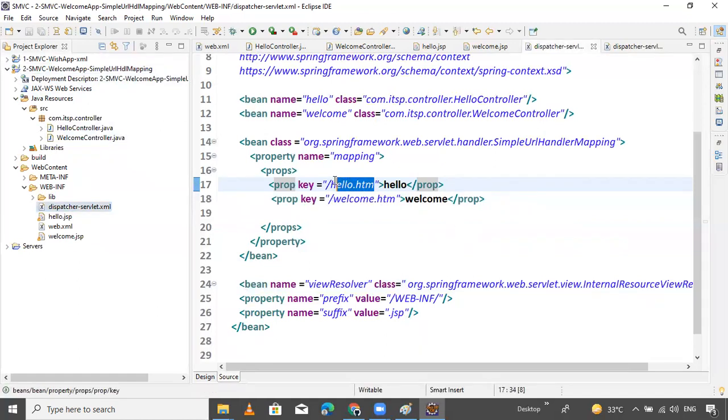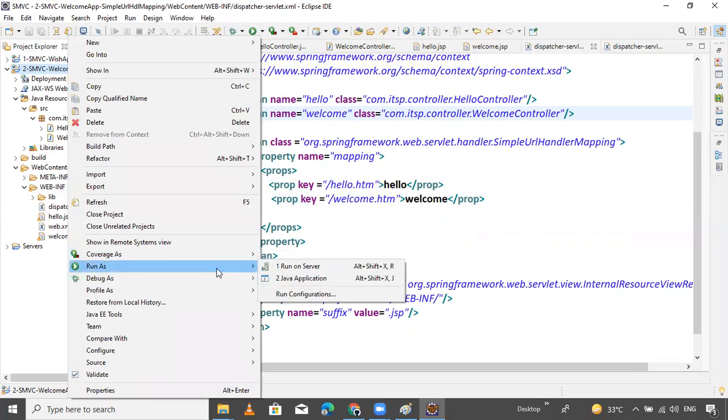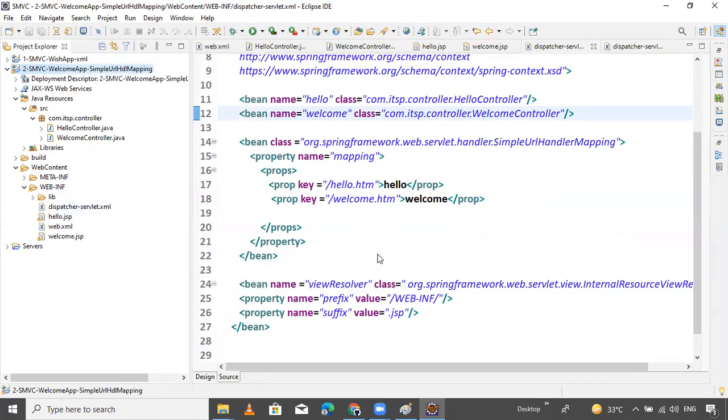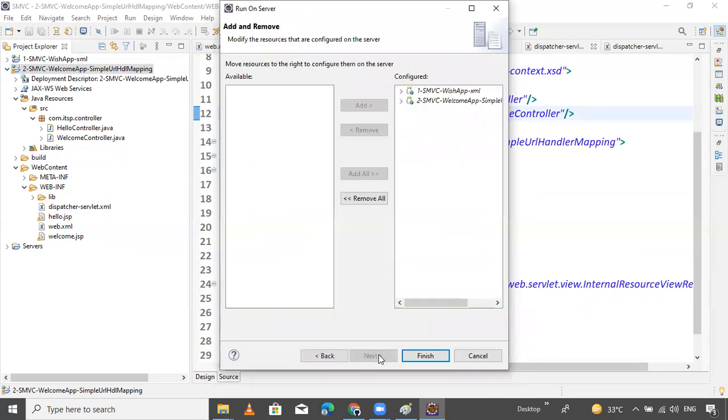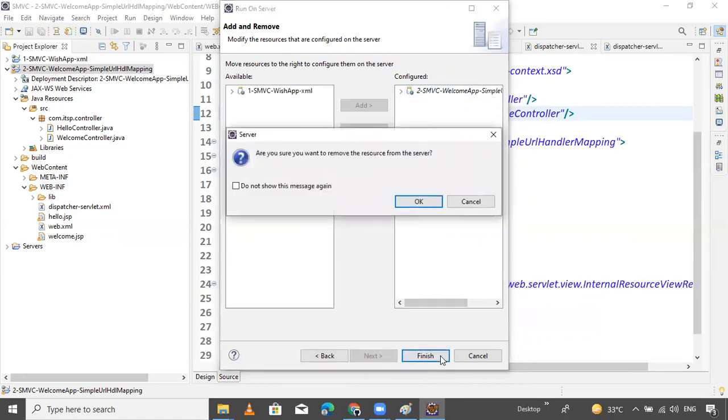This is for the URL pattern, guys, and this relates to this. So go into this controller. If you want welcome, go into this controller. I will give permutation and combination also, guys. Don't worry, I will show you all. First, I will run this program on localhost.